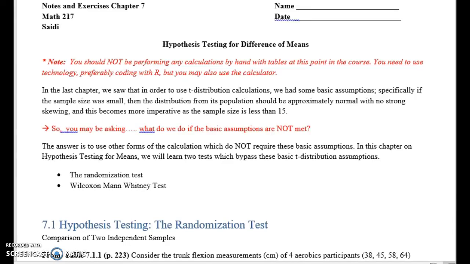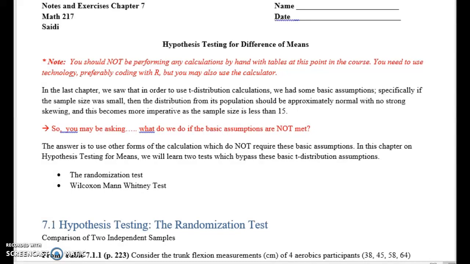Hi all. So I'm going to give you some more information about Chapter 7. We're going to start with hypothesis testing. So hypothesis testing is when there is a claim that exists and we are trying to use data to compare to a normal distribution or a t-distribution in order to determine whether there is a significant effect based on the